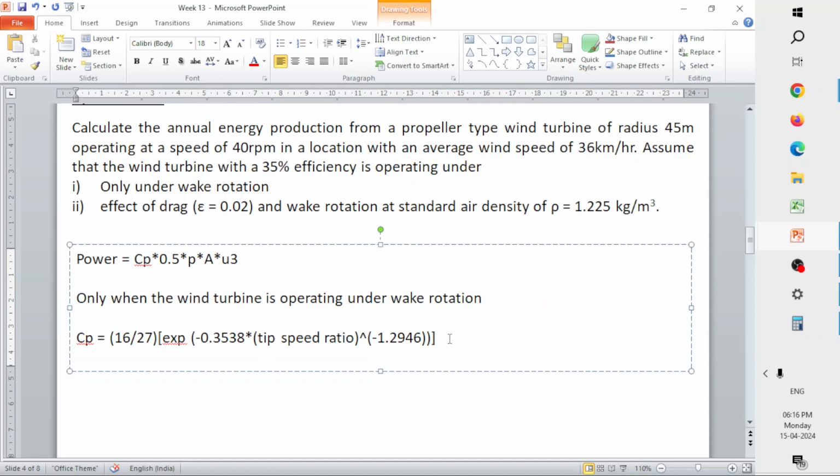So when the wind turbine is operating under a wake rotation condition, if you see in the case of the linear momentum theorem, we assumed that there is no rotation of the wake. The wake is not rotating. If the wake is not rotating, then you did not have to bother about the losses from there, because there will not be any kind of energy dissipation from a stationary wake. But in case of a wake that is rotating in nature, there will be some sort of energy dissipation. So you have to take into account that energy dissipation while calculating your value of Cp.